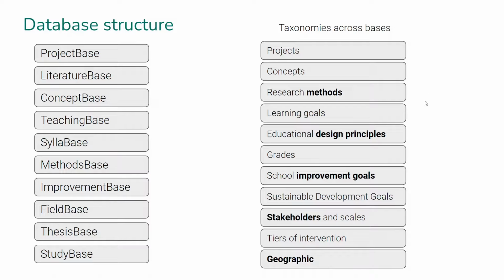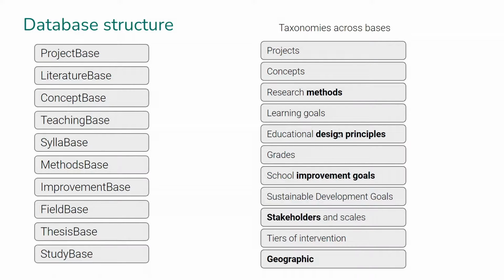Maybe most relevant for prosocial are things like research methods. For example, a study that has been done can be tagged with certain methods that have been applied, and also design principles. This comes from our approach of educational design research and fits well with prosocial because of the focus on design principles.